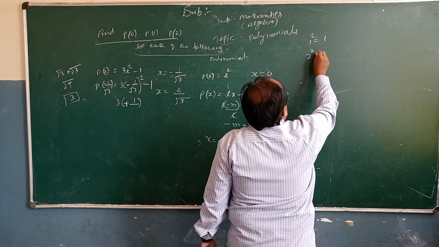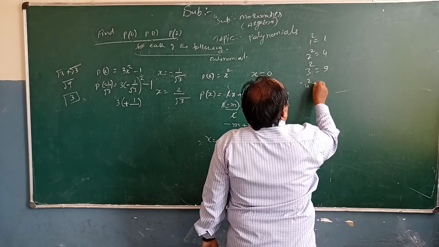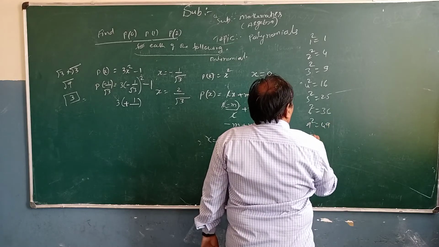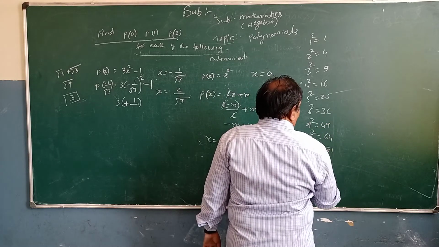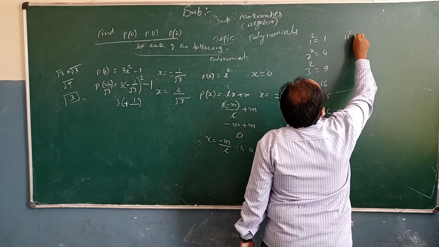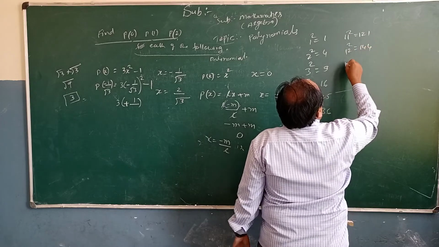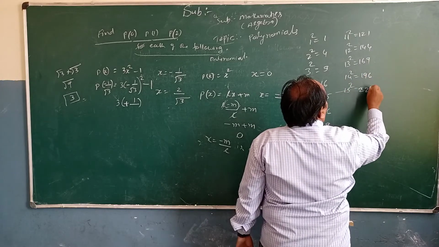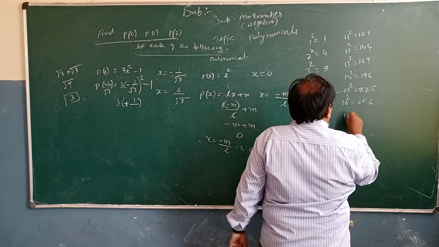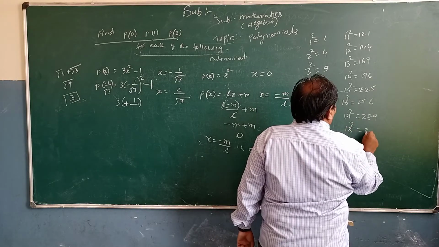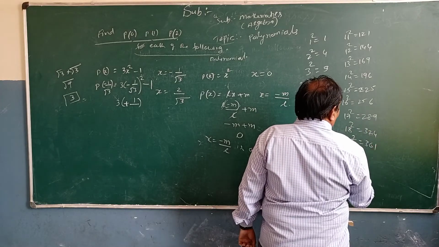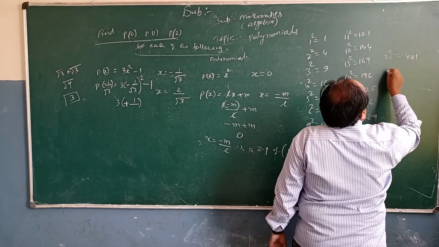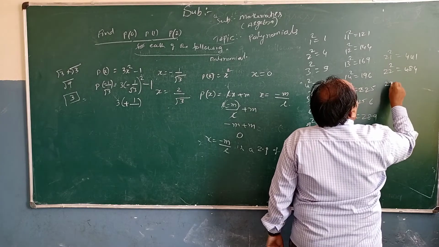1 square 1, 2 square 4, 3 square 9, 4 square 16, 5 square 25, 6 square 36, 7 square 49, 8 square 64, 9 square 81, 10 square 100, 11 square 121, 12 square 144, 13 square 169, 14 square 196, 15 square 225, 16 square 256, 17 square 289, 18 square 324, 19 square 361, 20 square 400, 21 square 441, 22 square 484, 23 square